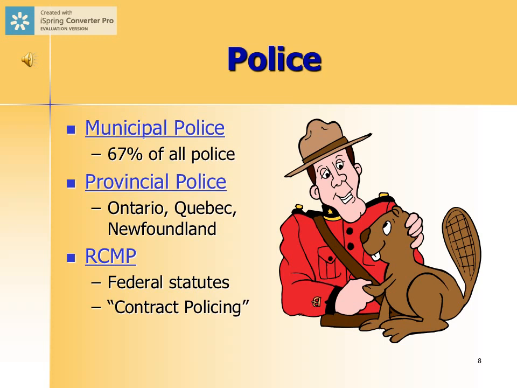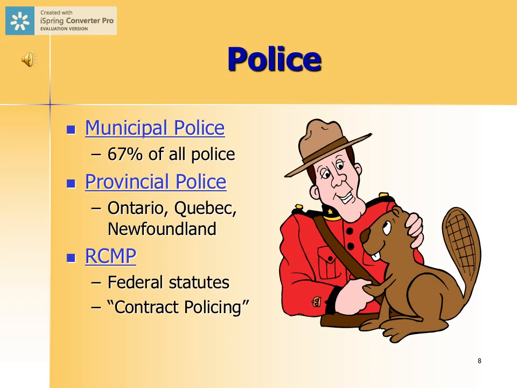The second level of policing is provincial police, and there's actually only 3 provinces in the country that have their own provincial police forces: Ontario, Quebec, and Newfoundland. All other provinces are policed provincially by the RCMP. And so provincial police have a number of different functions. The 2 primary functions is to police jurisdictions that fall outside of the major urban centers. So for example, highway patrol. Provincial police in all provinces are responsible for patrolling highways and enforcing traffic bylaws on highways.